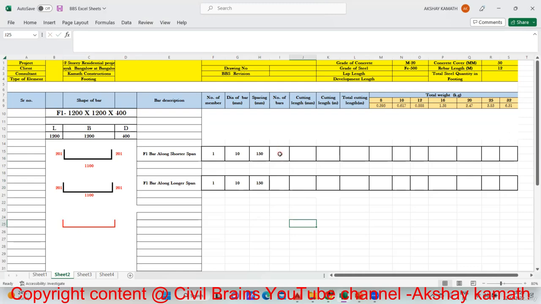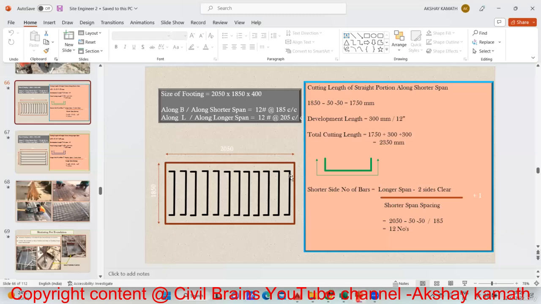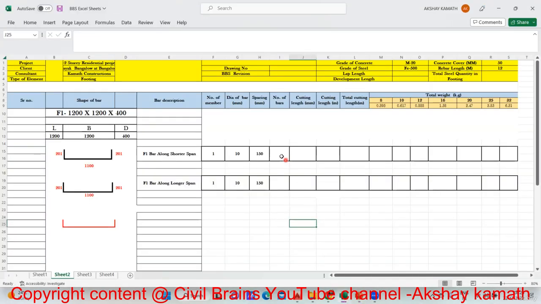How do you find the number of bars? That is very important. Already in the manual calculation, I taught you how to find the number of bars. We'll start here. If I want to find the bars along the shorter side, I need to take the longer span minus two sides of the cover, divide by the shorter span spacing, plus one, isn't it? The same thing we'll do here. But here, how shall I do that? Always remember, whenever you are doing this,